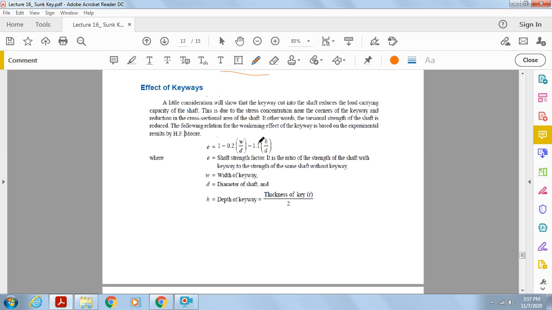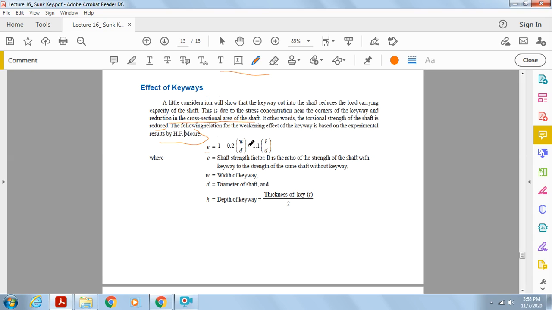Next we come to the effect of keyway. A little consideration will show that the keyway cut into the shaft reduces the load carrying capacity of the shaft. This is due to the stress concentration near the corners of the keyways and reduction in cross-sectional area of the shaft. In other words, the torsional strength of the shaft is reduced. The following relation for the weakening effect of the keyway is based on the experimental results by H.F. Murray. So E equal to 1.02